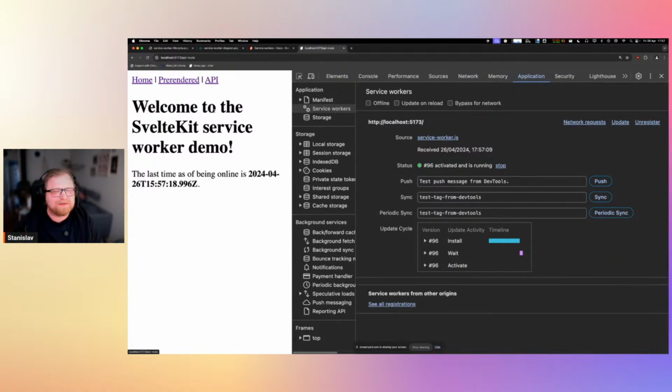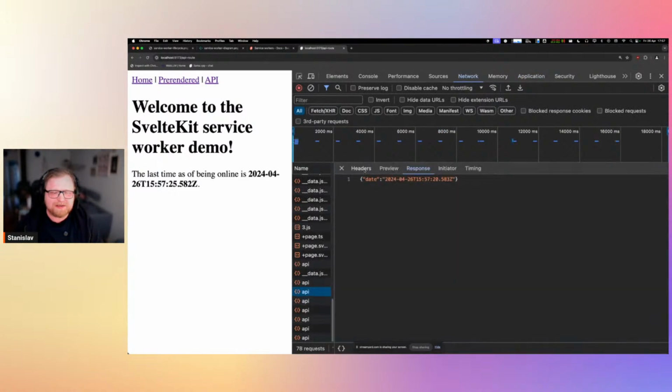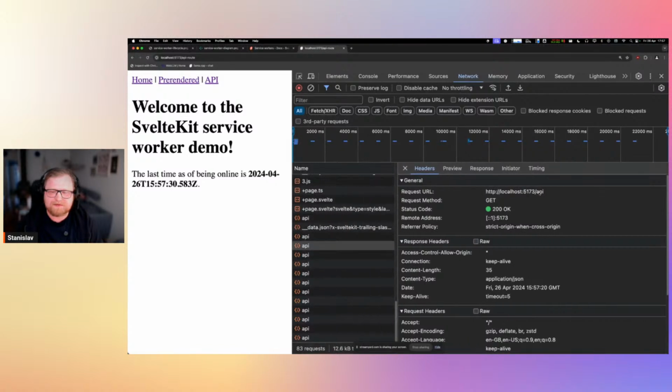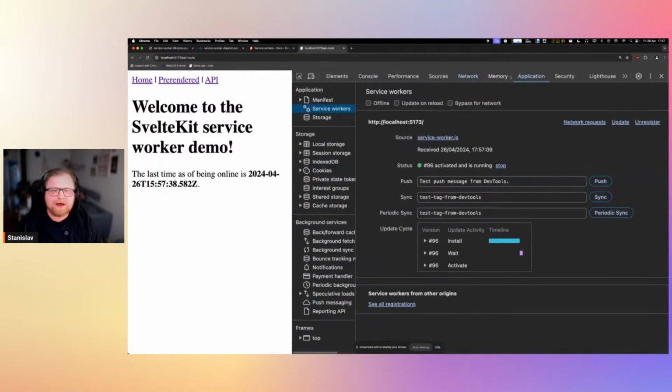So if I go to /API now, you see the page looks exactly the same, but the difference is that we're now fetching from this /API route. So we can see here that it's fetching the date through the /API route instead of through the loader. And if we go offline now,